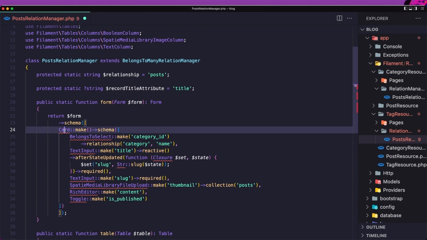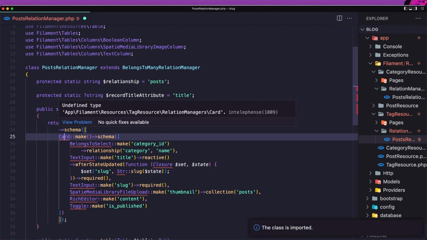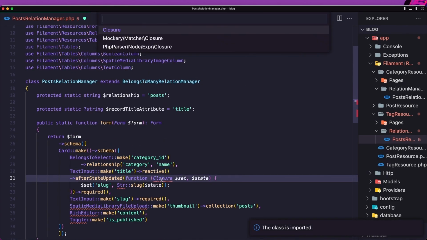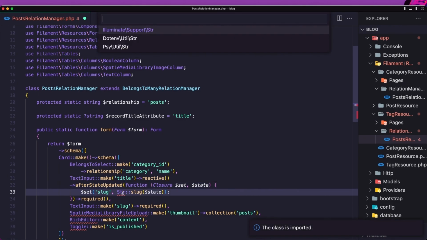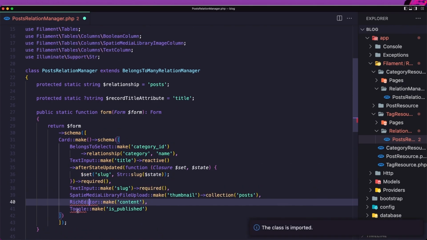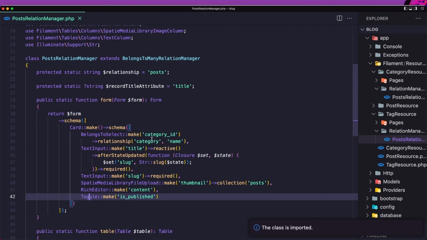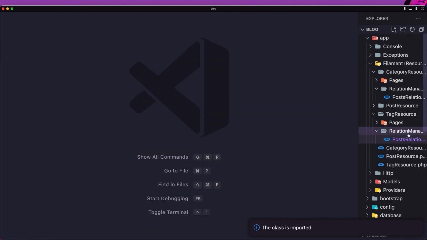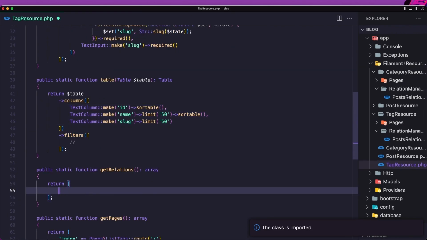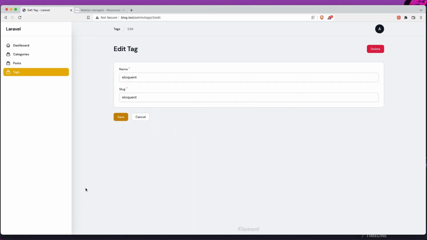We need to import the card. We need to import the belongs to, text input, closure, str, and import the spatie media library file upload, rich editor, and the toggle. Save, close this one, and now we need to register this post relation in the tag resource, get relations, and register that one. So post relation manager class, hit save, close this one, open, and if I refresh, for the